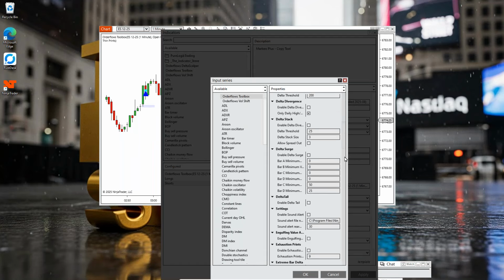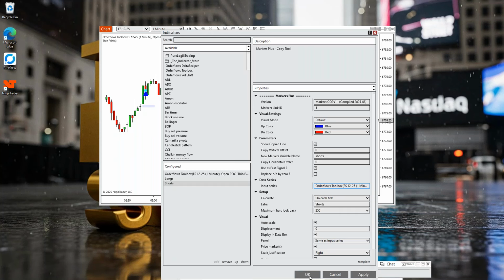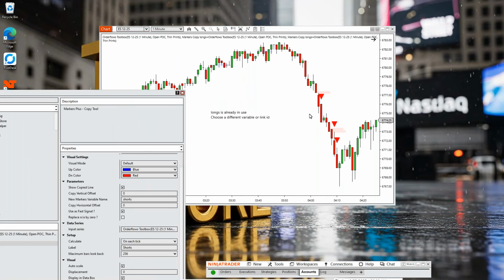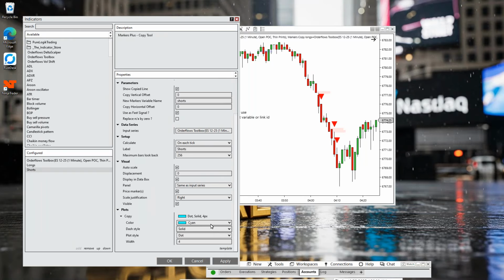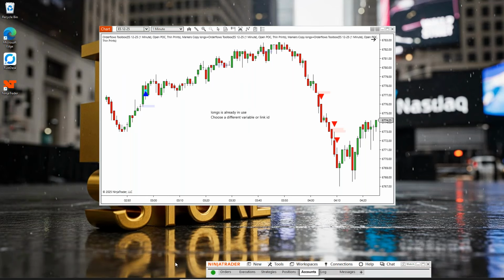All the parameters were already set because I did the copy and paste, but I need to change to the other plot, sell signal, okay? And also we can change the color of the dot. It should match with those triangles. So let's use gold. Okay. Now we need to wait again